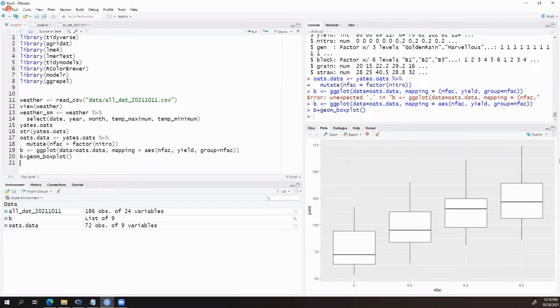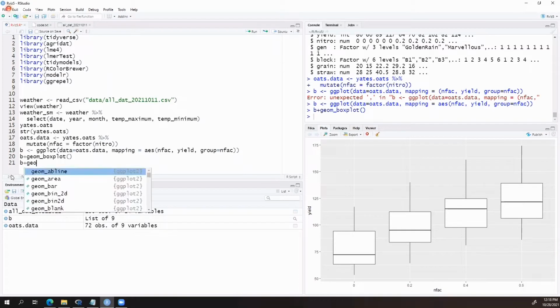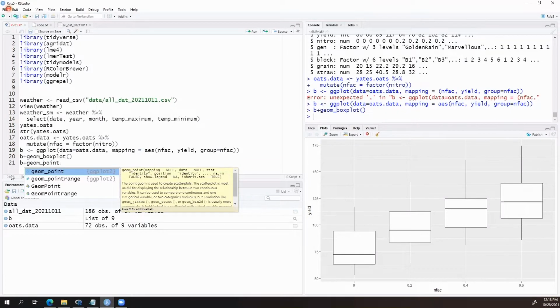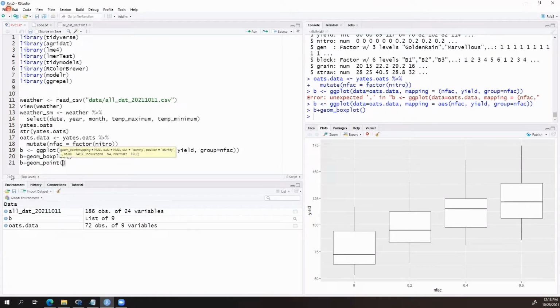So we are going to say, let's take our B object and let's add a geom, a scatter plot, or points rather, on top. And let's give it some color. You'll notice that the arguments were empty when I did the first plot.